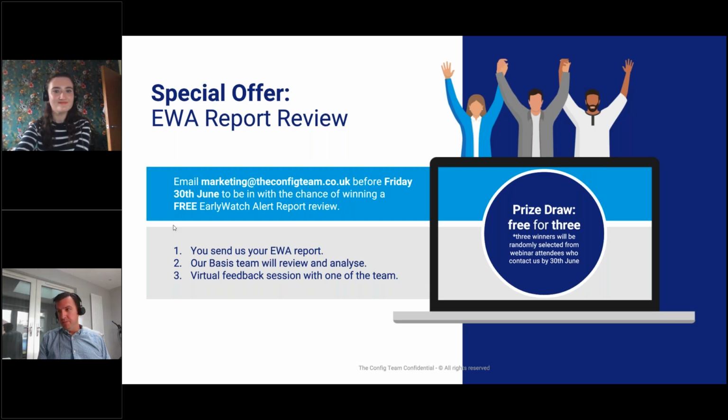Okay, I can pick that up. So as an organization, the config team have helped many customers perform migrations from ECC to S4, and it's something we are more than happy and more than capable of getting involved with. So if you need any assistance with that or need us to do that for you, we can definitely get involved and provide that support required.